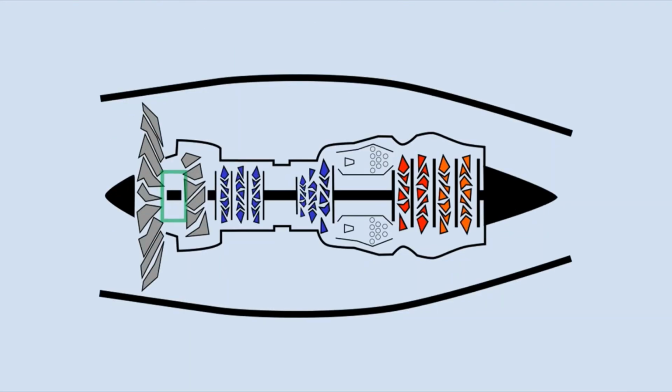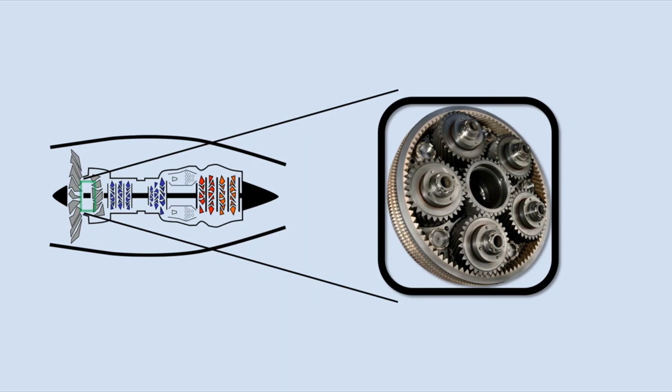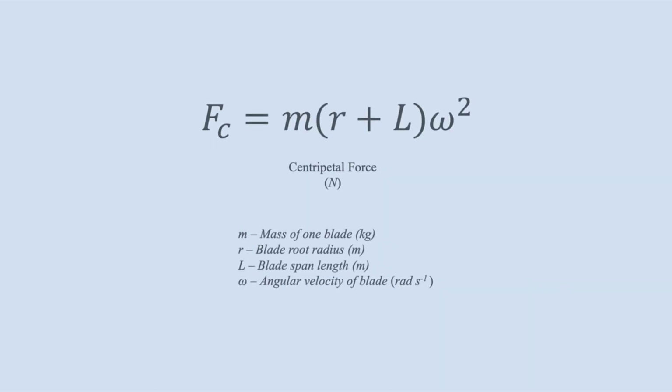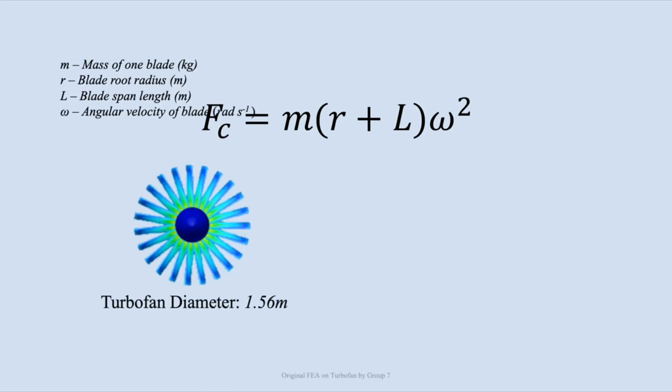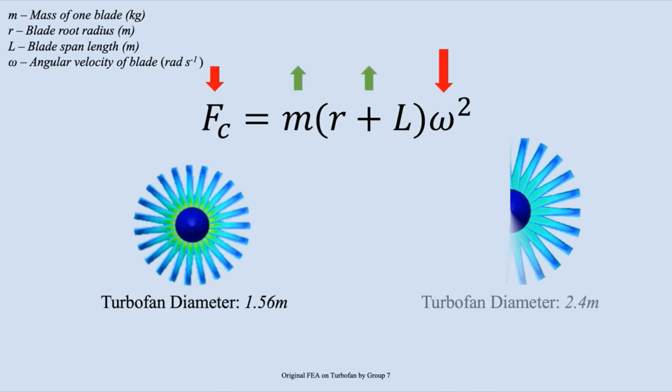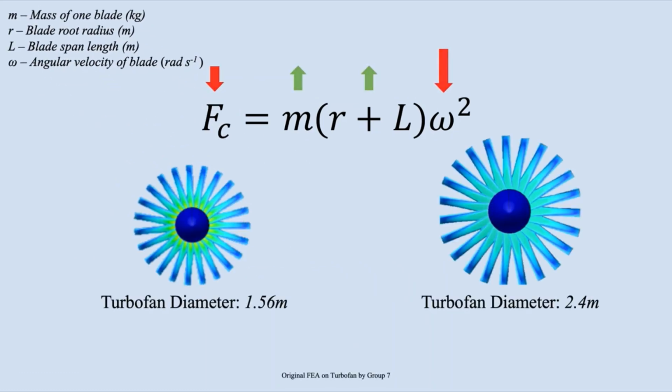These stresses can be minimized with new improvements like incorporating a gearbox that lowers the angular velocity of the turbofan, and thus the centripetal force acting on the blades. Proportionally, a small reduction in angular velocity can allow for a much larger increase in blade length, as shown by